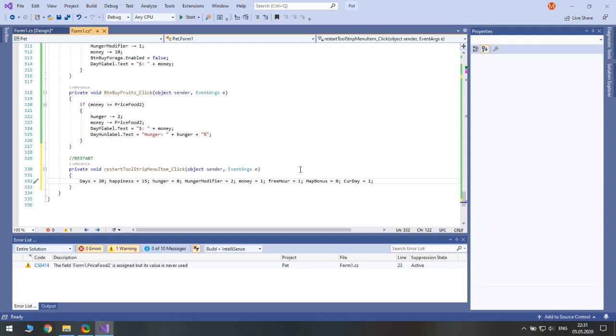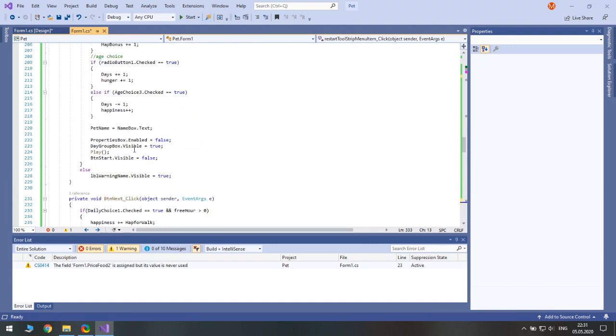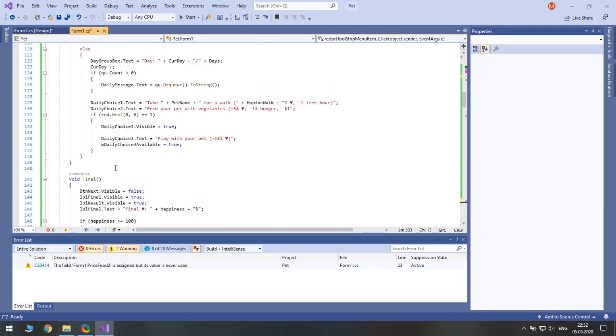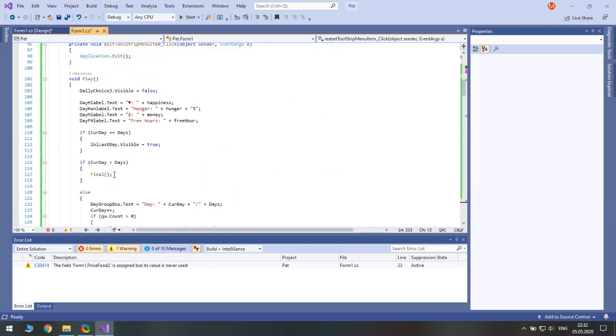Then we should we should redo our checks so that we don't need to restart the game. So where do we have it?